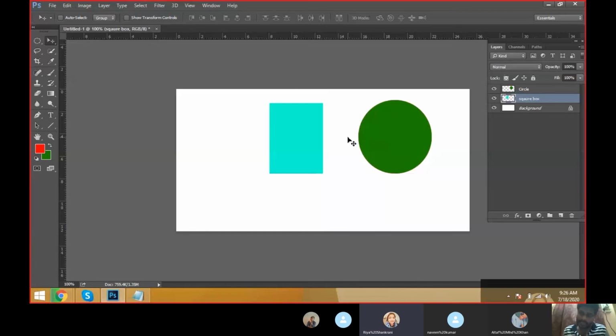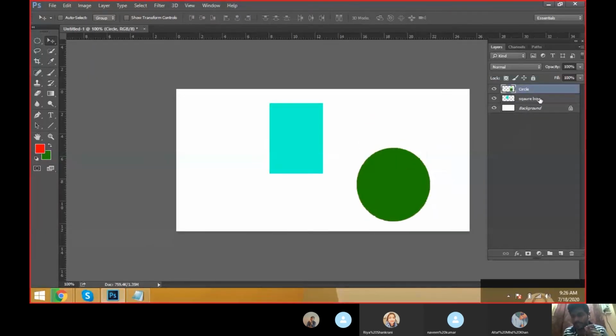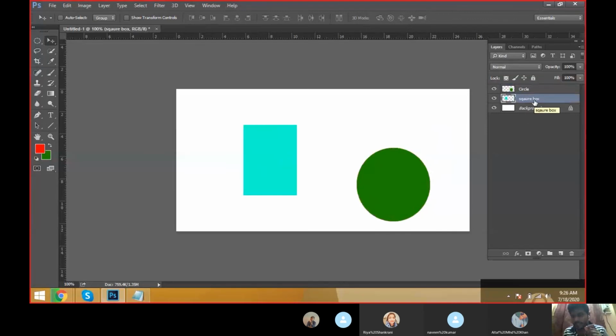In this layer palette, we selected the rectangular box layer only. If you go for the circle layer, the circle will move. If you go for the square box layer, that will move. The layers are very important. We have to see which layer we selected and work on it.